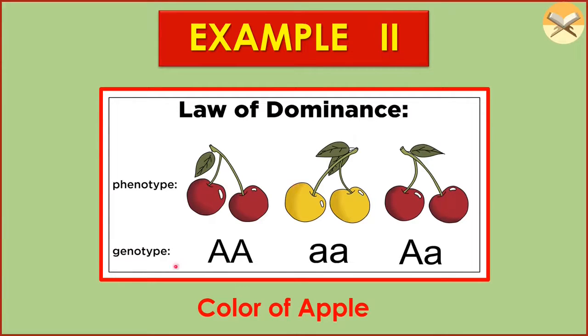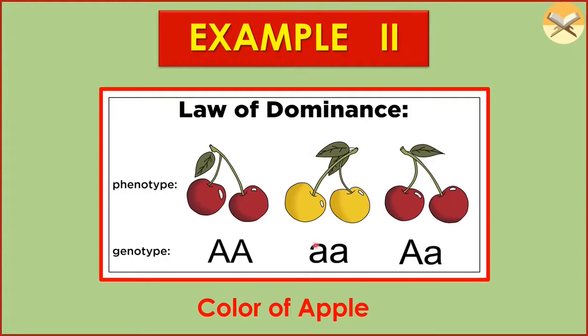Through studying its genotype, you can get knowledge about the genetic makeup of the apple. The first one is capital A, capital A. Both of them are dominant. So in this case, the color of apple will be red. It is called the homozygous dominant character. In the second case, both of them are small a. Therefore, due to the presence of these recessive characters, the color of apple will be yellow, and it is called